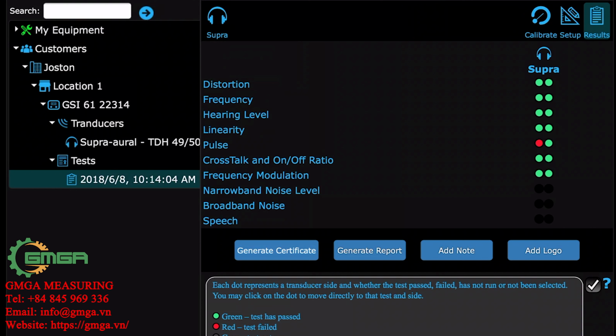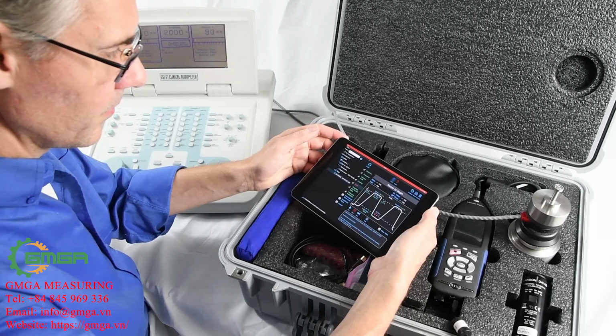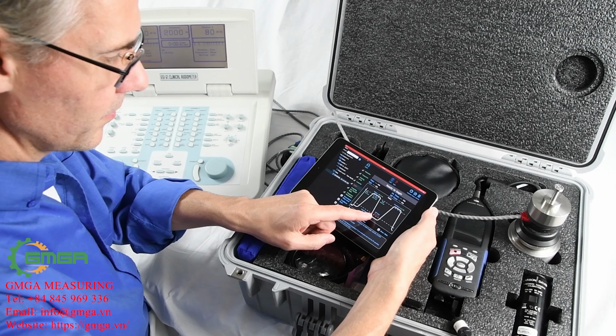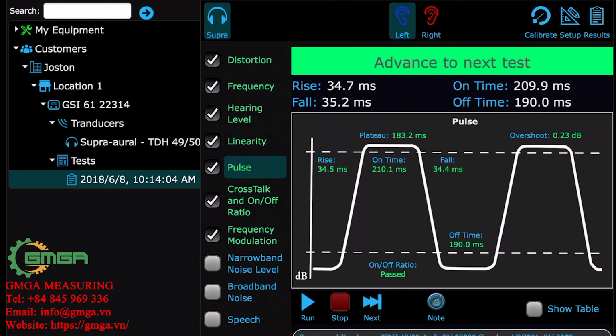You can select any circle on this page and it will take you to that test. So Brent is selecting the red circle so he can rerun that failed test. To learn more about AudCal and its features, refer to